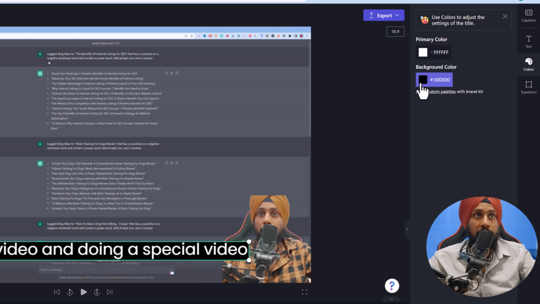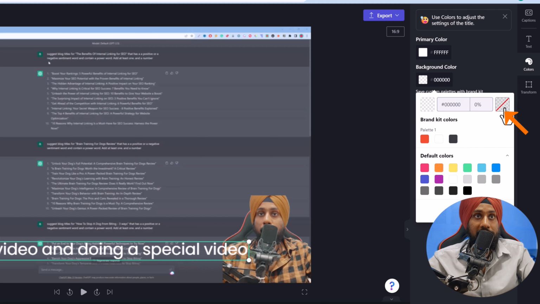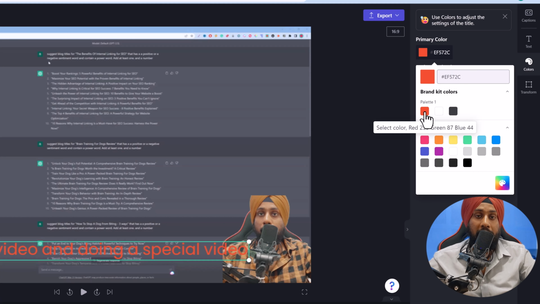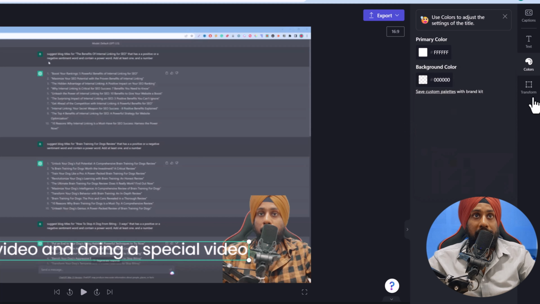And there is a color, and you can make the background color of these captions transparent using this, if you don't want to use it. And there is a primary color which you can add, and if I want to add my own brand colors, you can easily do that with the help of Brandkit colors. So if I want to add this, or even if I want to add that, there is a transform